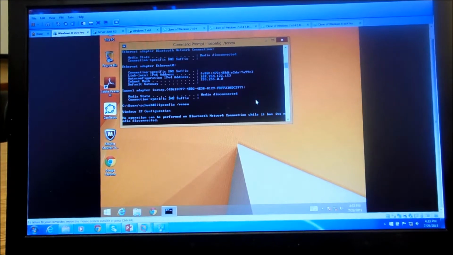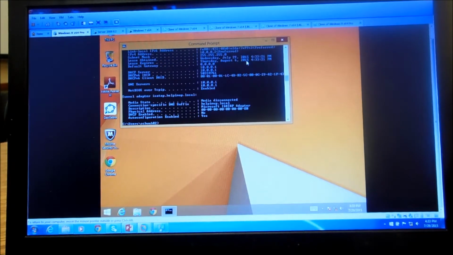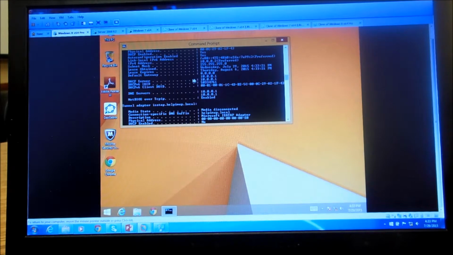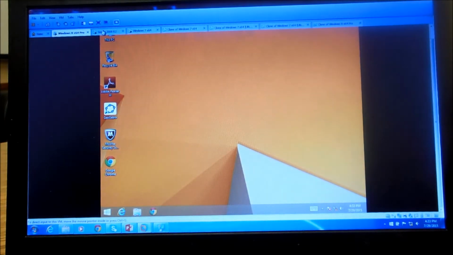Now it's going to renew the IP address with the DHCP server, and we can go back to ipconfig /all, and now you can see that we have our DNS servers back, we have our DHCP server address back, and our address is 10.0.0.2, back to what we had before. So if we look at the server once again,